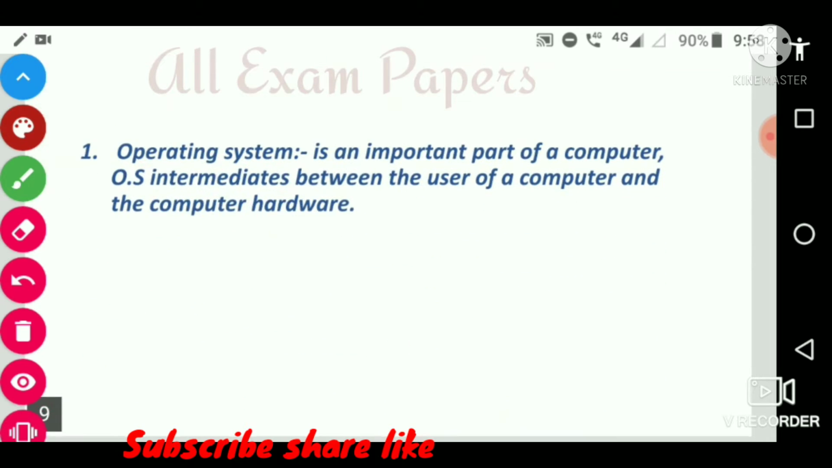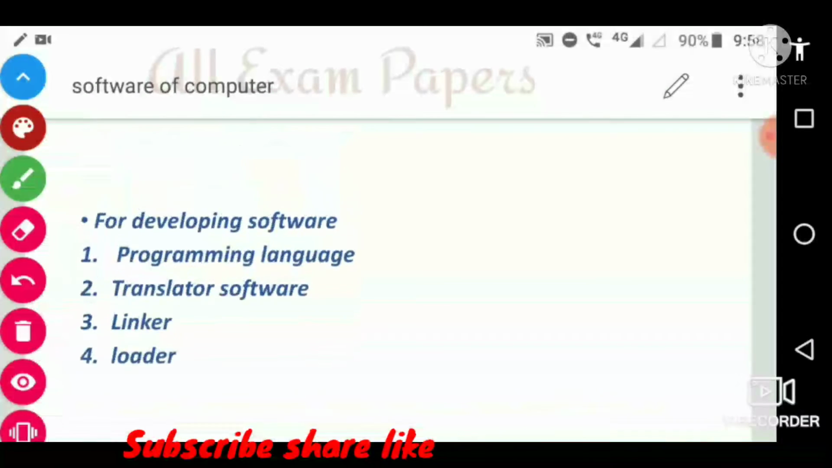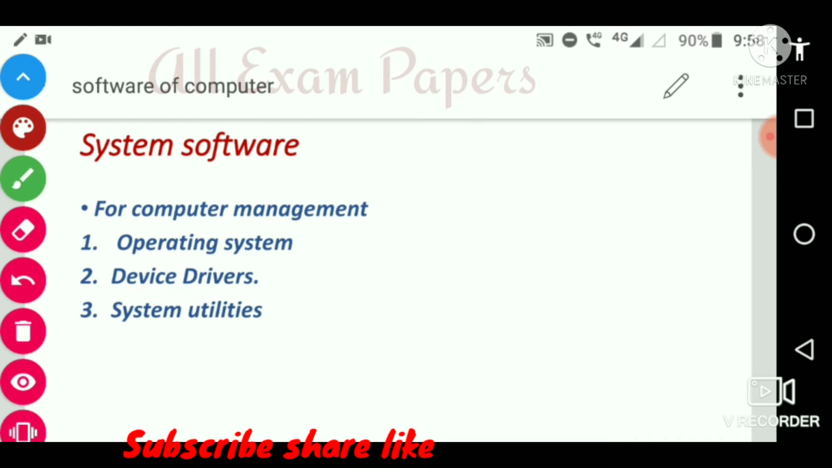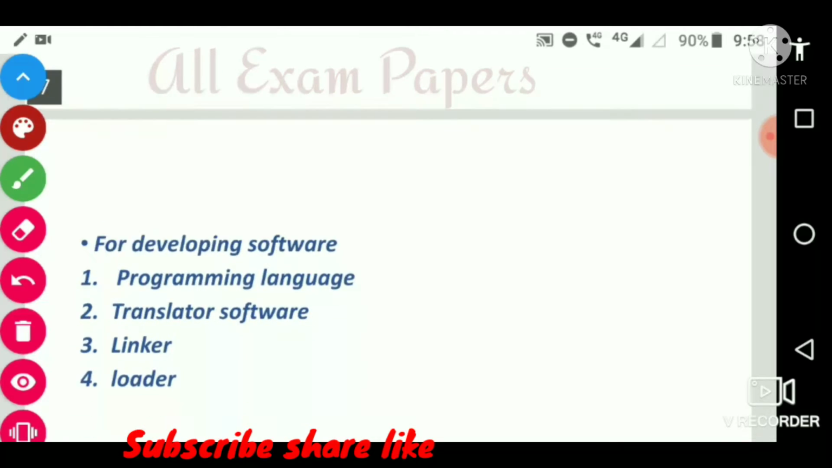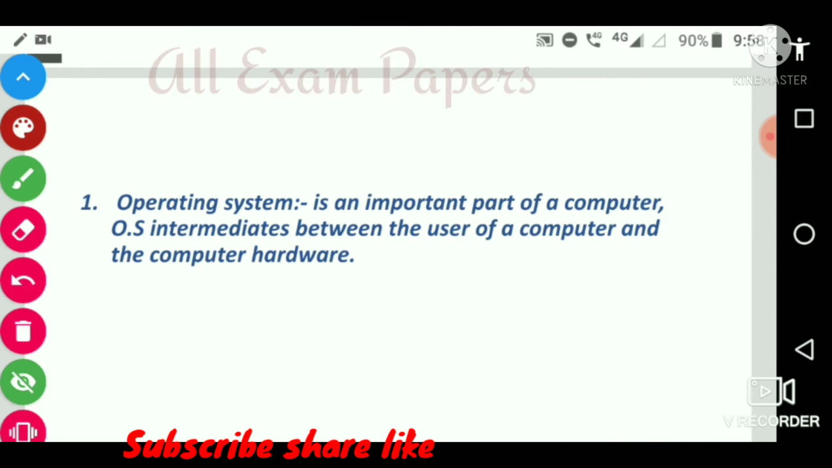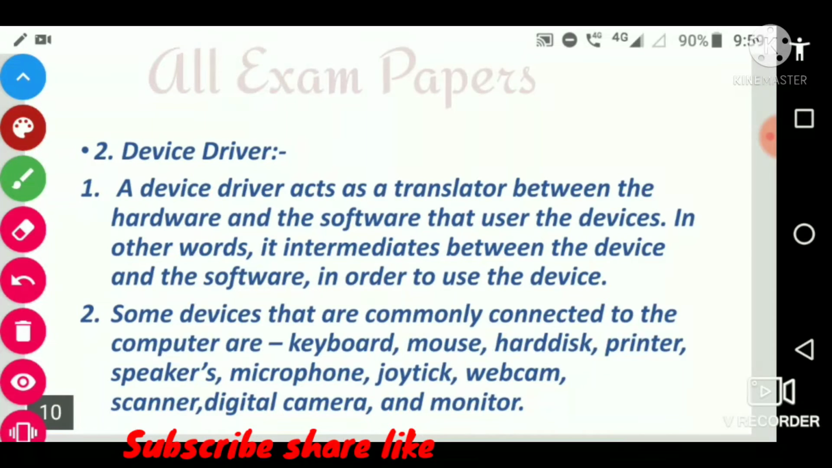So first is operating system. Operating system is an important part of a computer. OS means operating system, an intermediary between the user of a computer and the computer hardware. Second,